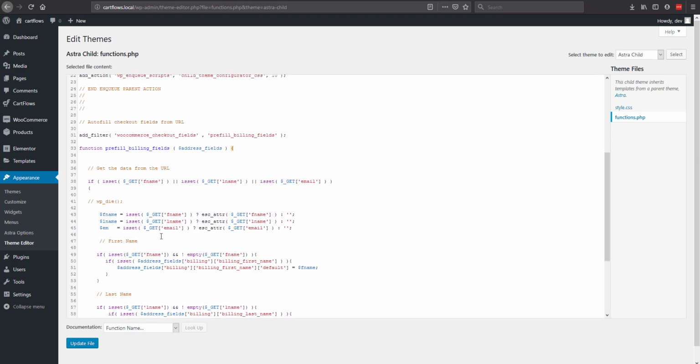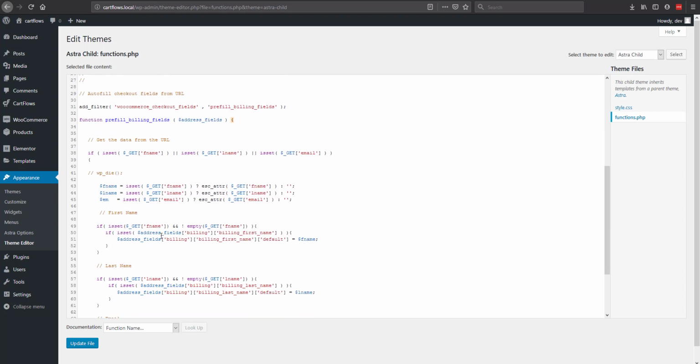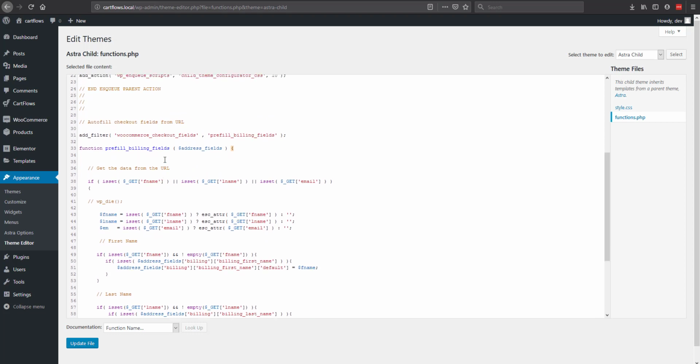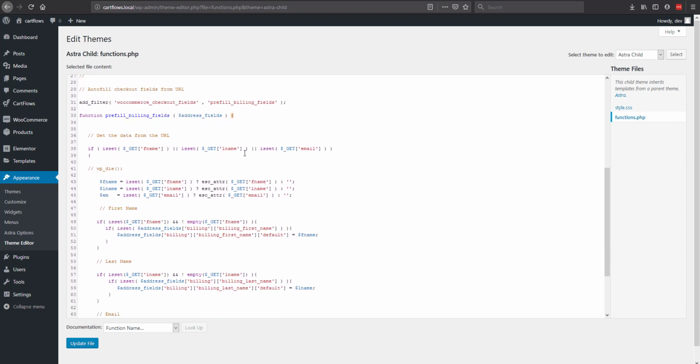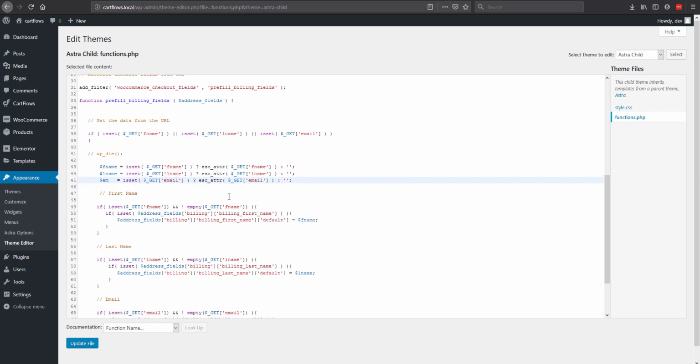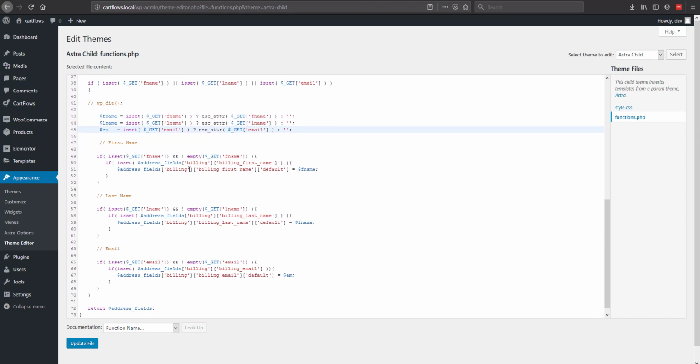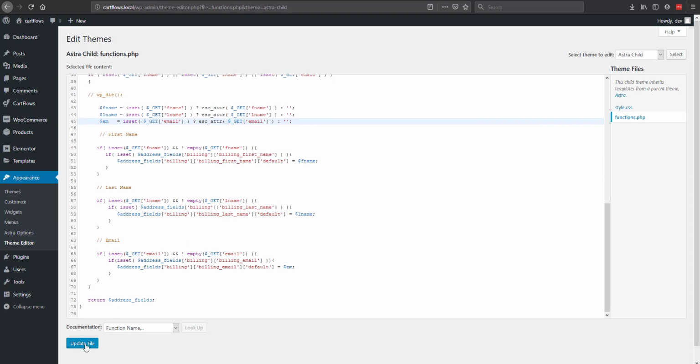So I'll explain what's going on here. Basically, we're capturing their first name, last name, and email, and then setting some variables and using those variables to pre-fill the fields. So if I hit save here,